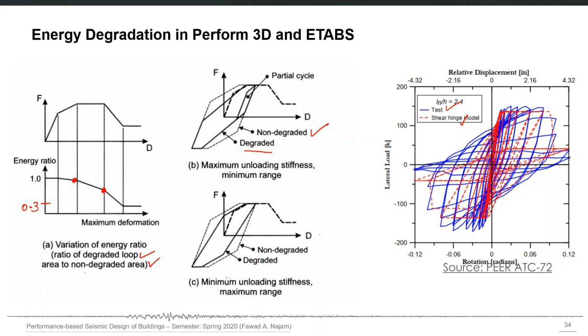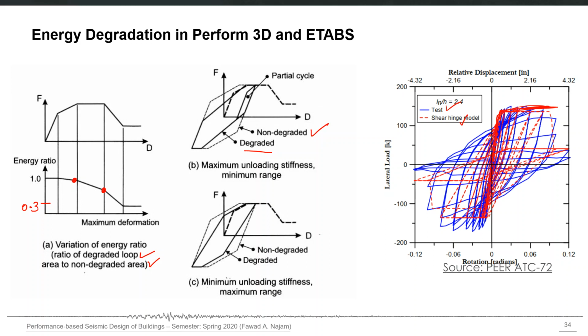So now you can see that the action deformation curve which is shown by the red line is actually capturing the cyclic degradation also by reducing the stiffness for each of the loading and unloading new loop. But every time the new loop is there, it anchors to the same backbone. So this is the same backbone line, and every time the new loop is there, it directly goes to the same backbone and comes back. So the target is to capture the test results as much as possible.